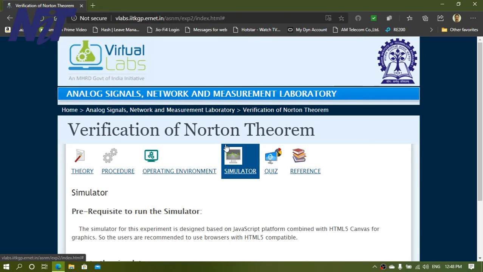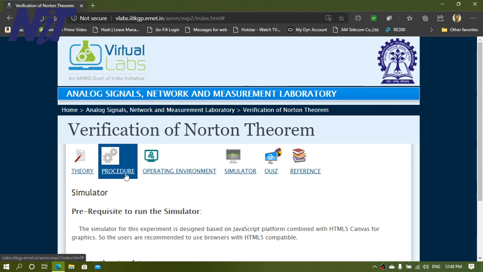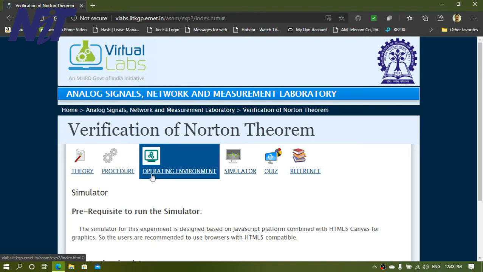Now, hello students, let's start the simulation part. Here, when you enter this website, I already mentioned this URL in my PPT. You will find the respective 1, 2, 3, 4 tabs for theory, procedure, operating environment and simulator.